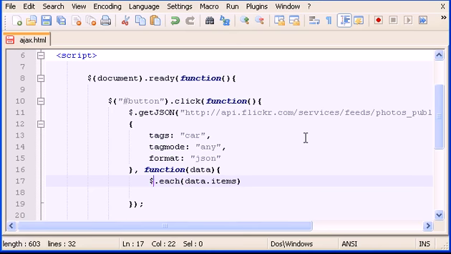And basically what this does is pretty much like the loop in a normal JavaScript, or a for each loop. So each data.items, and data, as you know, is for the data return, items is for all the items that are returned. And now we type function with parameters i and item, okay. And now we type again curly braces,